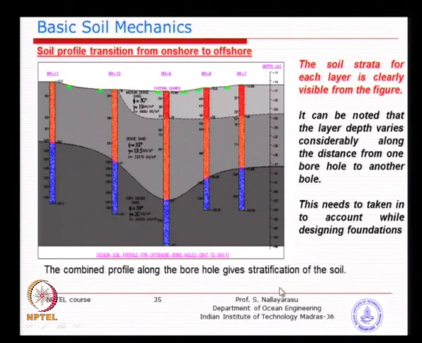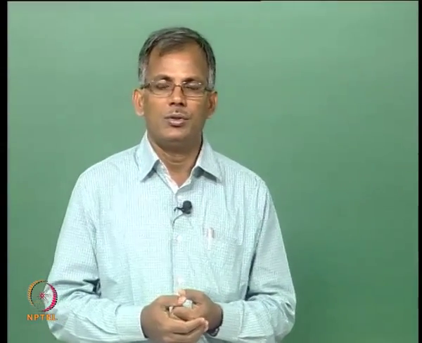A typical picture, I just wanted to show you how soil can vary along distance, because we need to make a decision, how much information is better. More information is good, but then it becomes time consuming and then also expensive. So, if you are constructing a bridge, say 10 kilometer bridge, how many locations you want to do a bore to find out the soil strength along the length is to be determined. You can say every 10 meter, that means 10 kilometer. If you do it every 10 meter, it will become a separate project for borehole investigation itself. It takes a longer time.